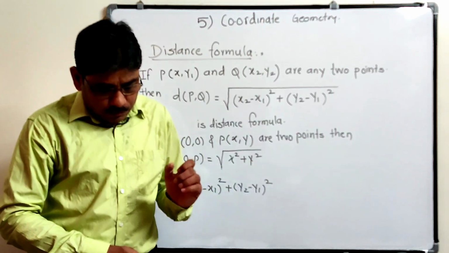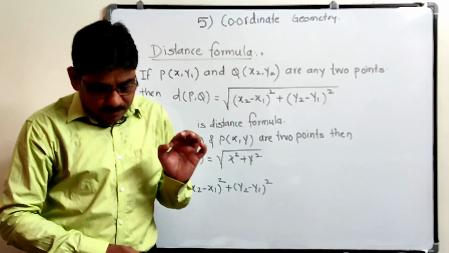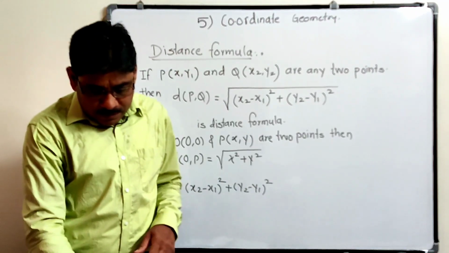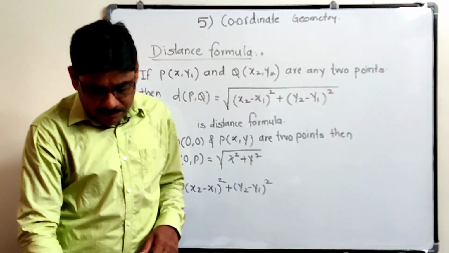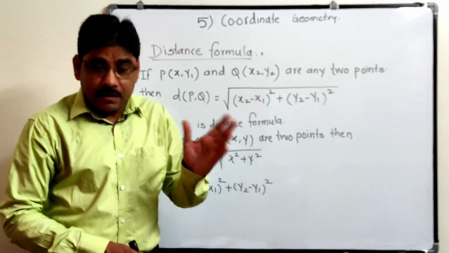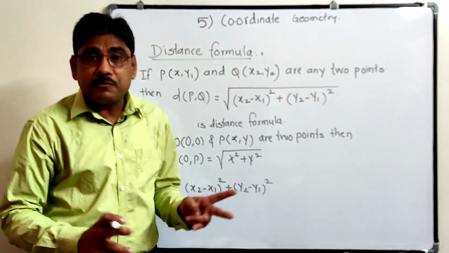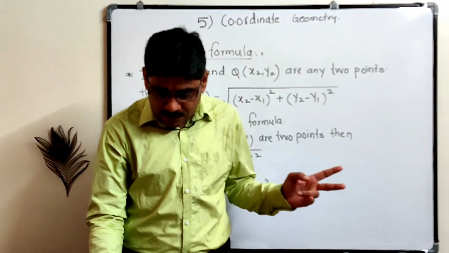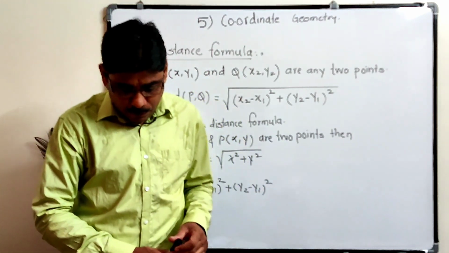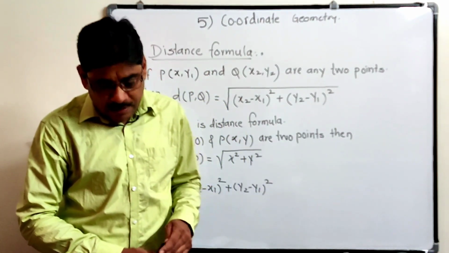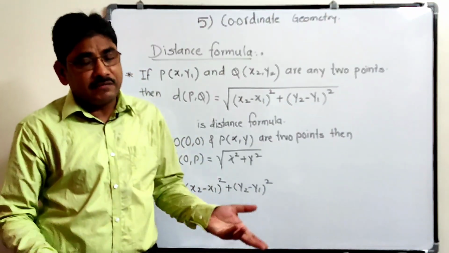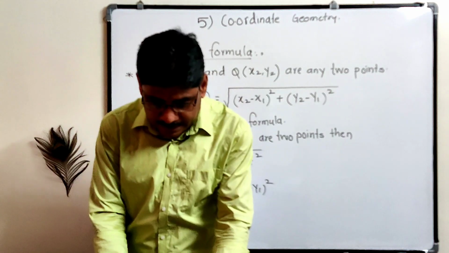Now third one is find the point on the x-axis which is equidistant from A(-3, 4) and B. So let that point be P(x, y). So PA equals PB. So here we have to write. Verify the points are of the right angle triangle. So find distance PQ, then QR and PR. If PR square is equal to PQ square plus QR square, then we get the right angle triangle.